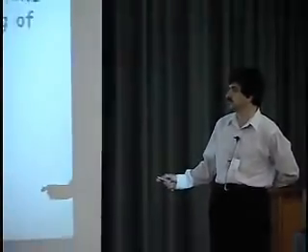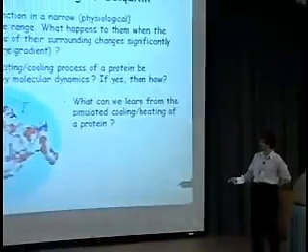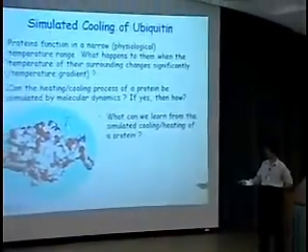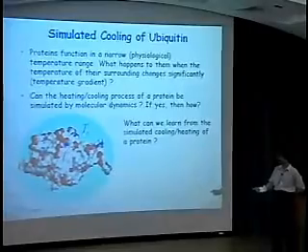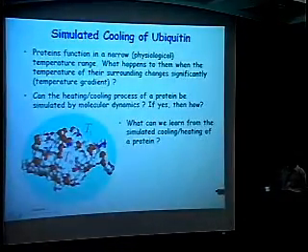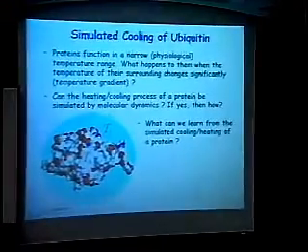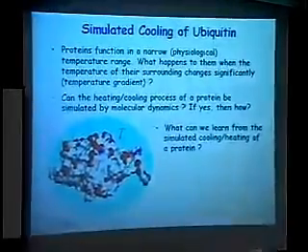So here is again ubiquitin, assuming that it is at an equilibrium temperature T0. And how would you cool this protein? You should use a coolant. Experimentally, this is what people do. They would put the protein or the probe inside a coolant, which has a temperature T1, and then monitor, with some sensors here, how the temperature of the system changes in time. And clearly, this is a non-equilibrium process.